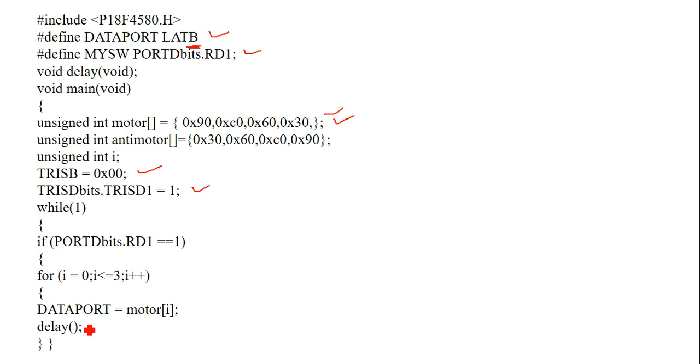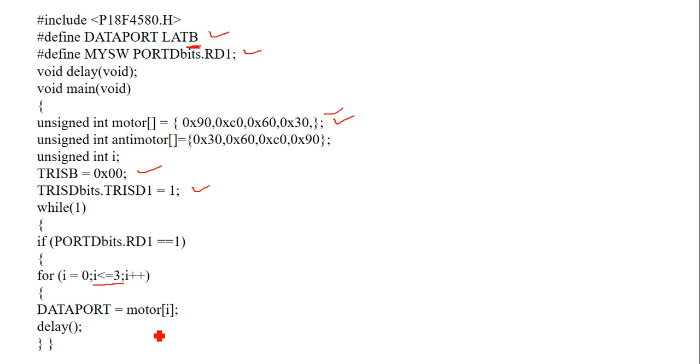So I have to load this count into a for loop: for I equal to 0, I less than or equal to 3, because the array will be loaded with motor 0 is 90, motor 1 is C0, motor 2 is 60, and motor 3 is 30. Only 4 bits of port B are used to interface the motor.